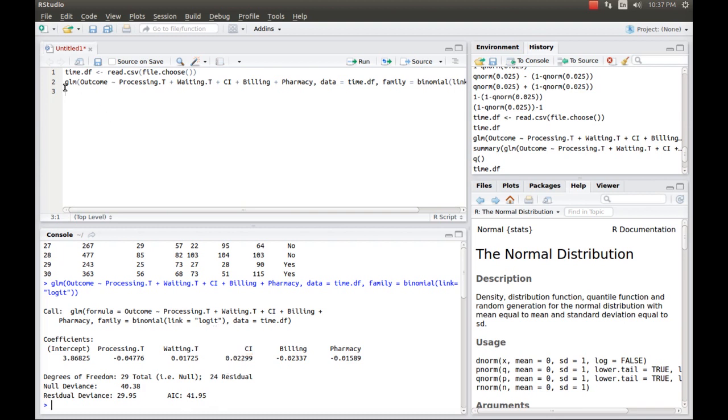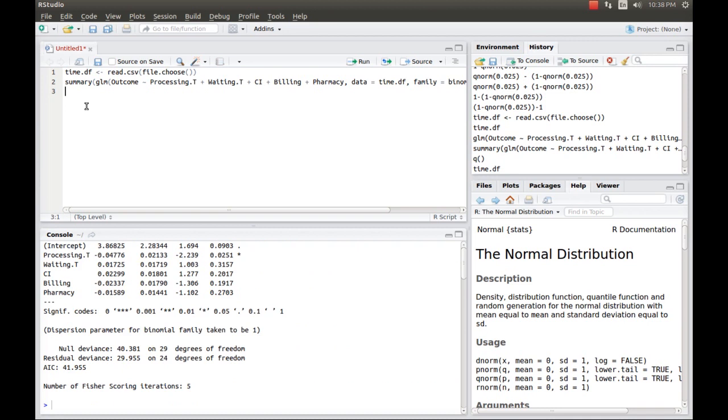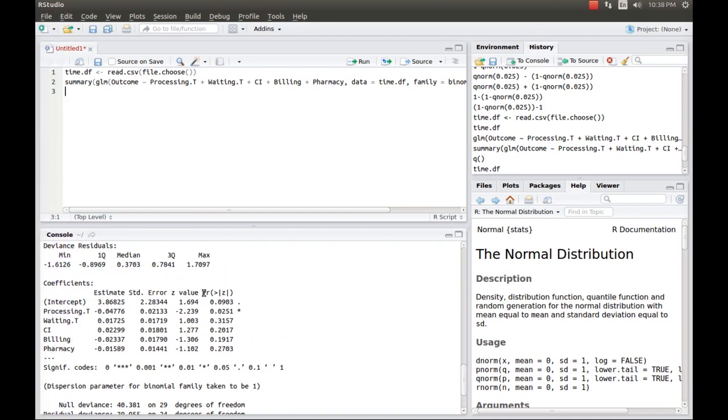And in case we would like to know more about this particular data set, or what's really happening here, because we only know the type of the relationship and the impact, but we don't know whether it is statistically significant or not. So for that, we can make use of a particular function called summary, and close the parenthesis and press Ctrl Enter. Now we have additional information in the summary, that is the